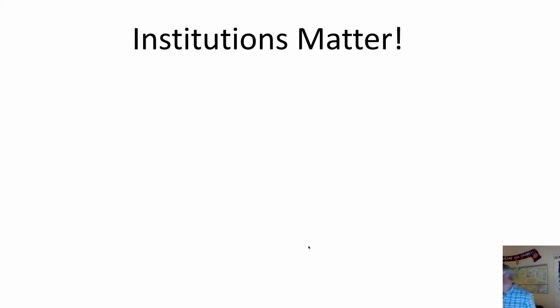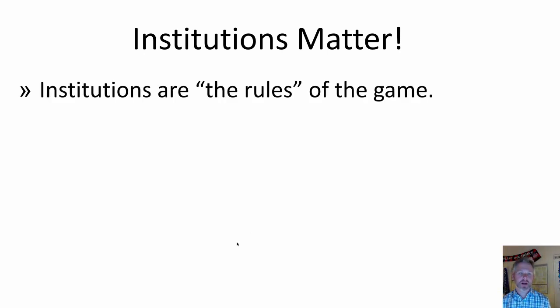So what does this tell us? It tells us something important: institutions are going to end up mattering. Institutions are the rules of the game. So what's going to determine the group choice if every choice can always be beaten? We're going to come up with some other rule. Maybe we let somebody become an agenda setter who decides what order we take the votes in. Maybe we set a time limit. Maybe we come up with some other rule for deciding when to stop this vote cycle.